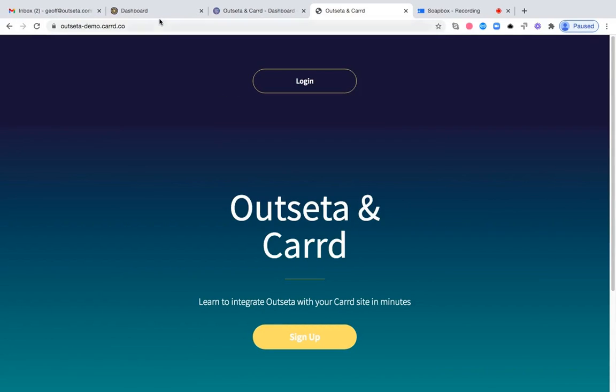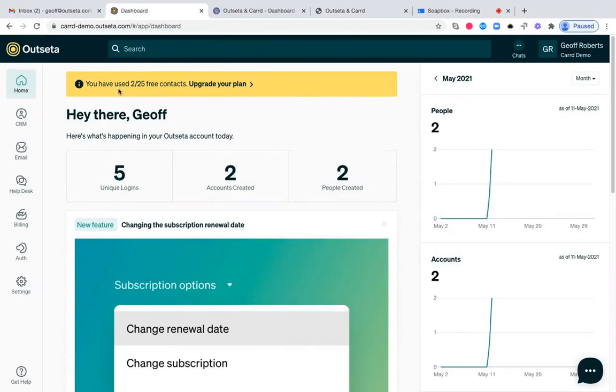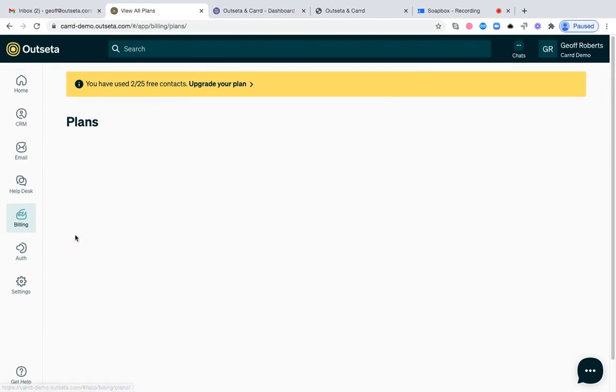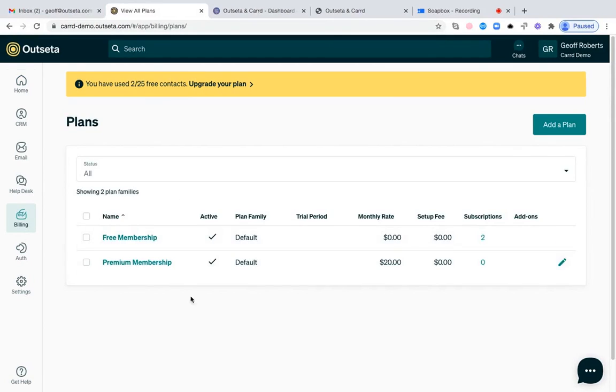The first thing you need to do is create an Outseta account. So I've created an account here that we're calling carrddemo.outseta.com. And within that account, the first thing you're going to want to do is set up a couple of pricing plans. So if I come over to billing and plans, I've created two plans in this case. You can add a plan just by clicking add a plan. I have a free membership plan with no price, and then I have a premium membership plan that's $20 per